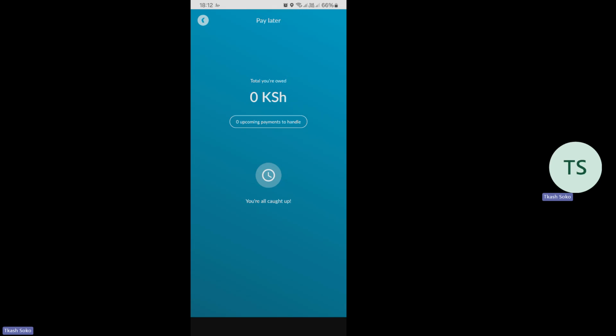The next thing I would want to mention about this pay later, well, still on this page, is the fact that you stand a chance to earn more with pay later. But how do you earn more with pay later? Of course, allow me to mention this, that hii feature itakuwa inakuja na inakuallow wewe kama mwenye biashara kupeana that item at a certain interest percentage in terms of interest.